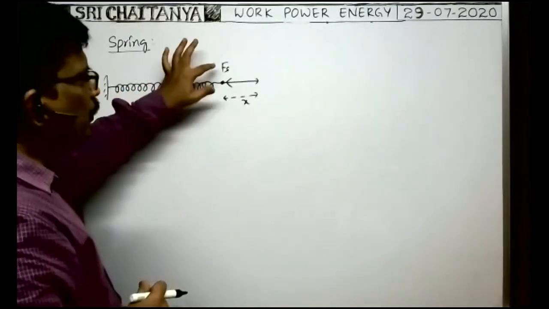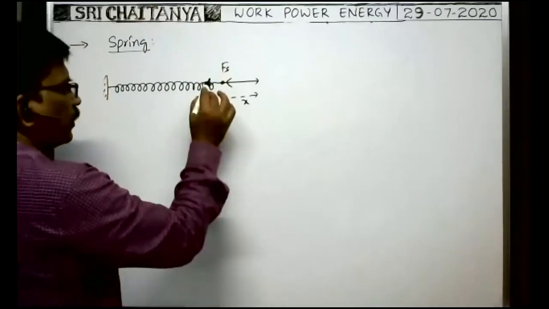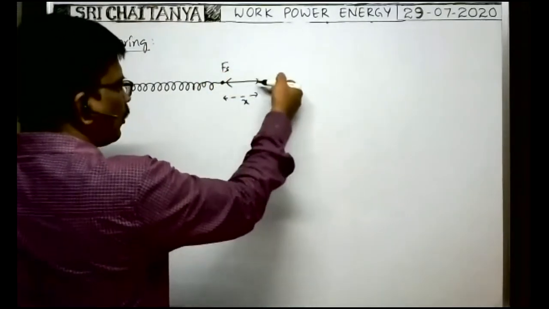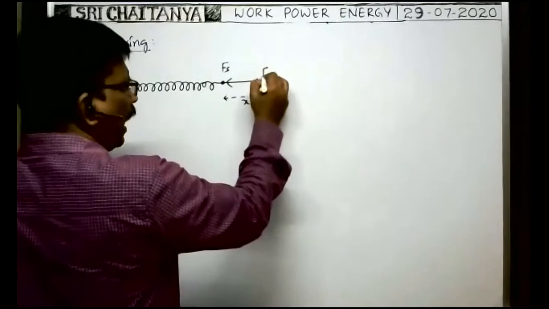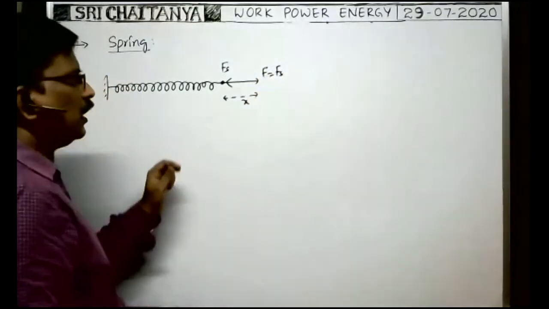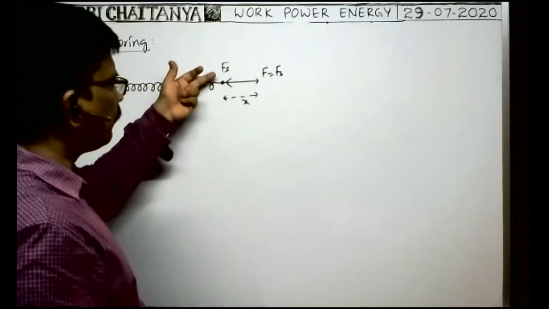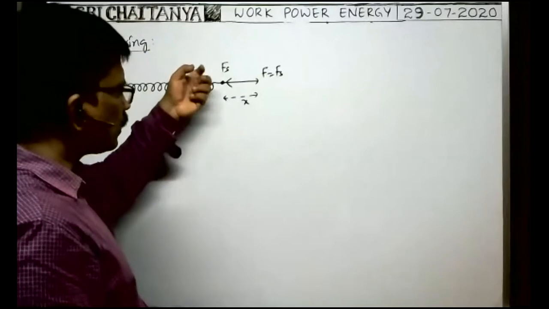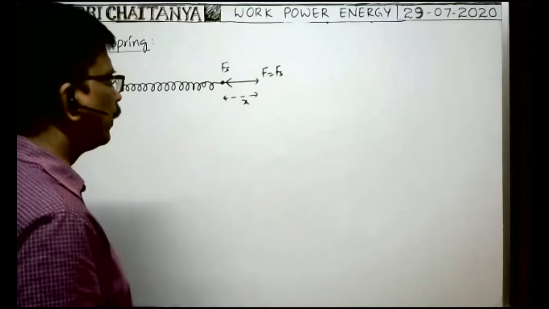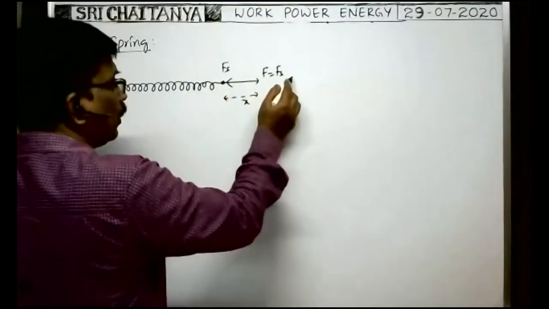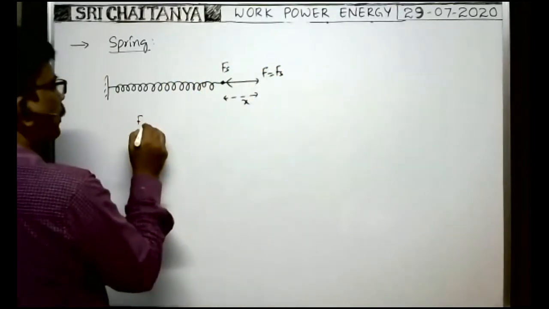That's why the spring force developed is always opposite to the extension or compression of the spring. Suppose the spring is extended, the spring force is developed in this direction, and when you remove the external force, here you see, the applied force is equal to the spring force only. If you apply a force F on the spring, the same amount of spring force is developed in the spring, and the spring force brings the spring back to the original position after removal of this external force. Whenever the extension is more, more spring force is developed to bring the spring back to the original position. That's why the spring force developed is directly